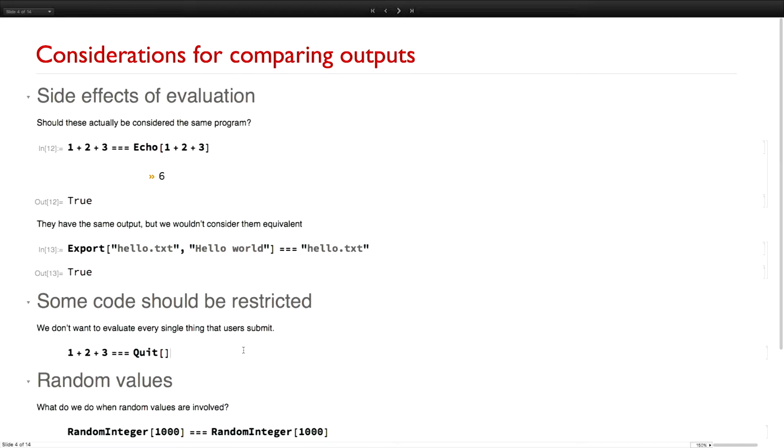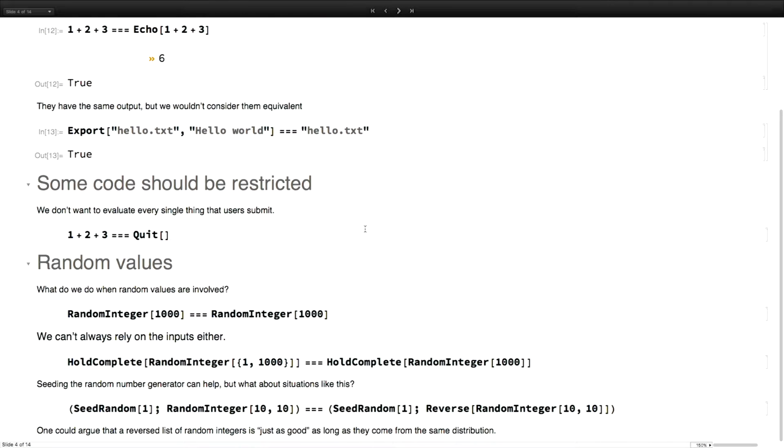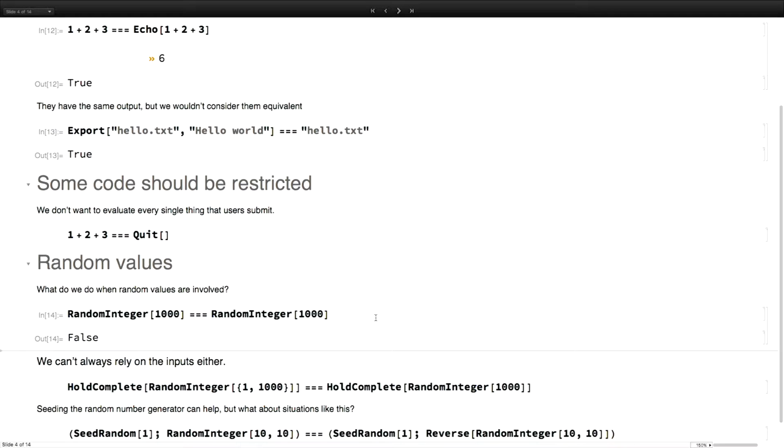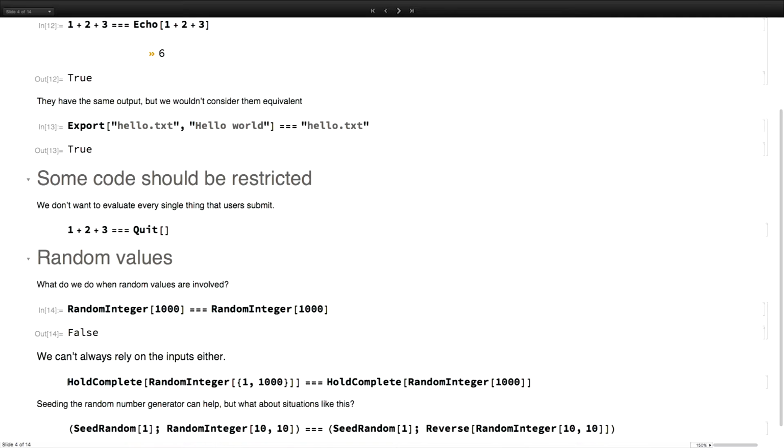There's other things you have to worry about. What if somebody submits their program for that first exercise, delete all the important files that run the API? Do you want to run that? How do you know that it's OK to run? Then you have things like random values. That's where things get pretty tricky. You can seed the random number generator. That's one way of addressing that, but that doesn't address all cases, because